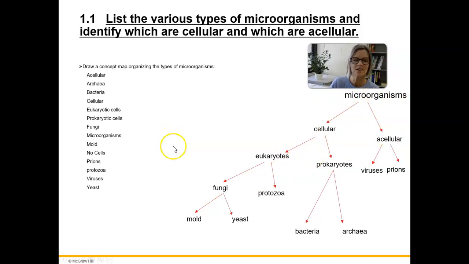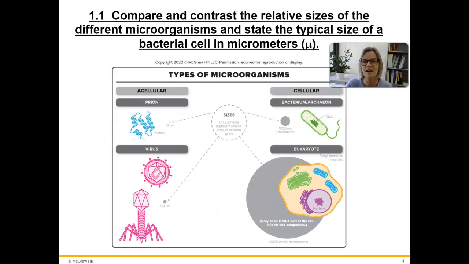So try to do that. Try to be able to complete that concept map and commit it to memory. Okay, the next learning outcome says compare and contrast the relative sizes of different microorganisms and state the typical size